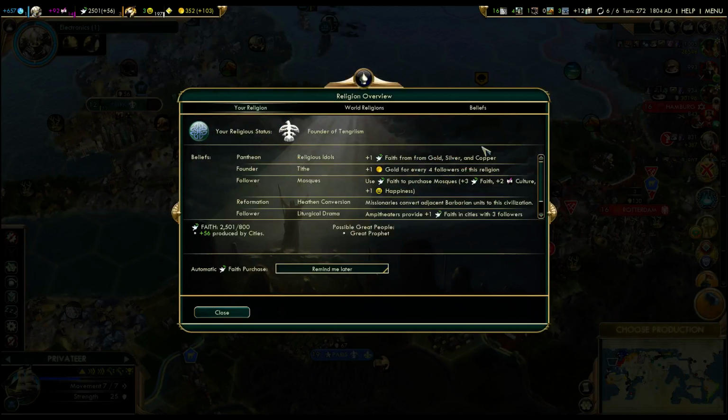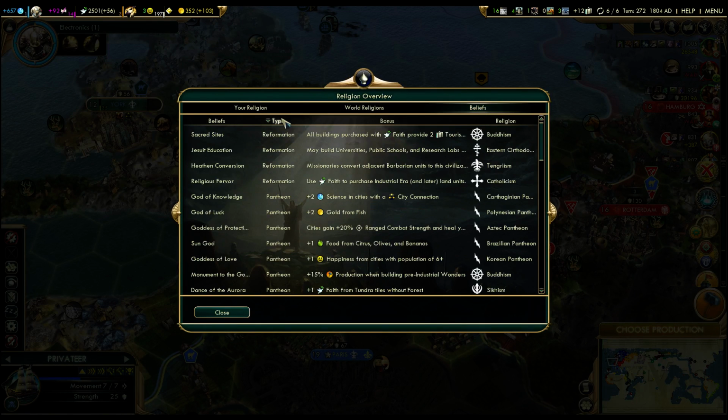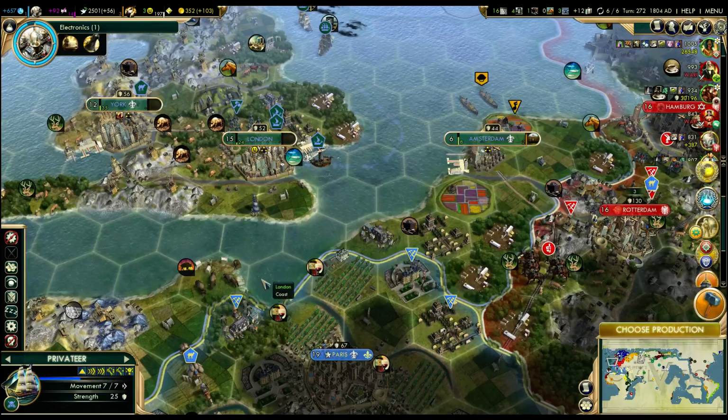We go look at beliefs. Reformation beliefs: there's Jesuit education, but no one took the Reformation belief that allows purchasing of great people. So that's out. Alright, well, that's too bad. I guess then,